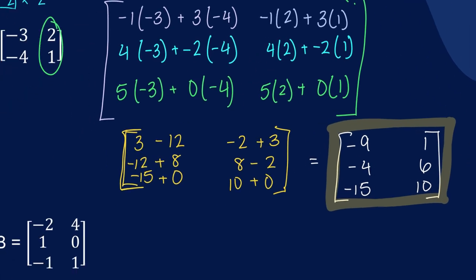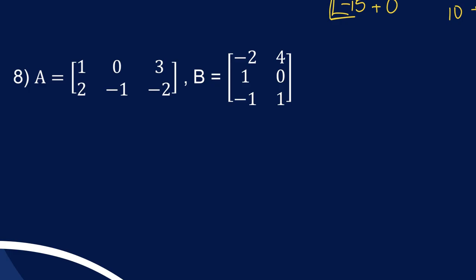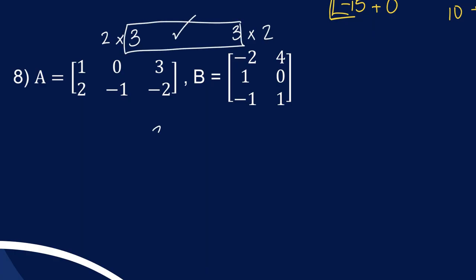All right, looking at the next example. First, I'm going to go ahead and find my dimensions. I want to just make sure that it works. So looking at this dimension I have, looking at my rows, I have 2 rows by 3 columns. And this is going to be 3 rows by 2 columns. Are my inner numbers the same? Yes, they are. So I know my answer is going to be a 2 by